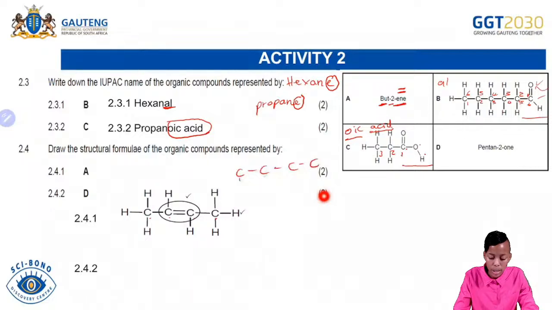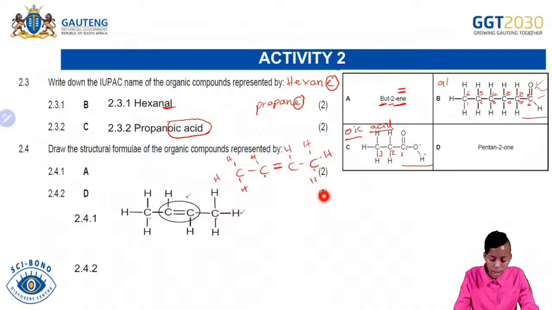So if this is carbon number 1, number 2, on carbon number 2, what are you going to draw? You are going to draw what? A double bond. So from there, you need to put what? You need to put your hydrogens. So it means that you will put hydrogens there, hydrogens on this one, hydrogens on this one,